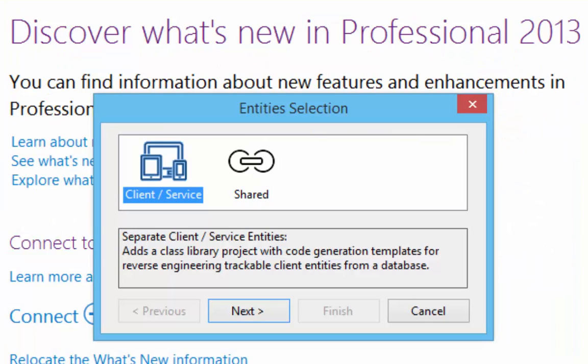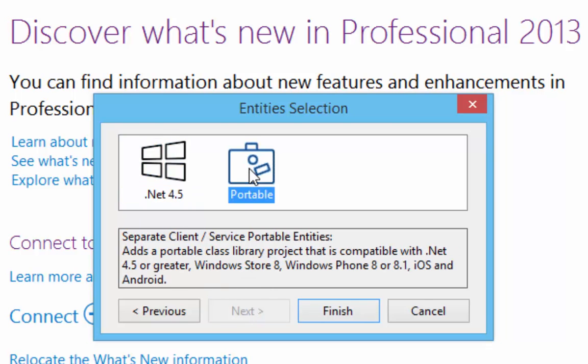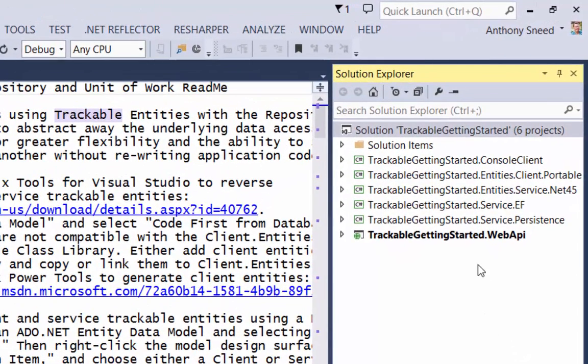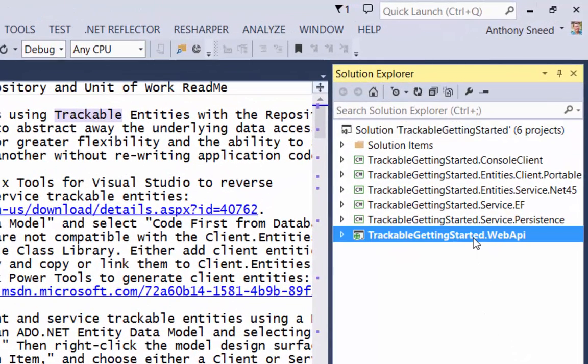At this point, you're going to need to decide what kind of entities you want generated for your project. The choice is between separate client and service entities or a single shared entities project that is referenced by both the client and the service. So if you think you need to support clients on different platforms, choose separate client service. And from there, you can select the portable option. The wizard will generate a multi-project template which includes a project for the Web API service, as well as persistence